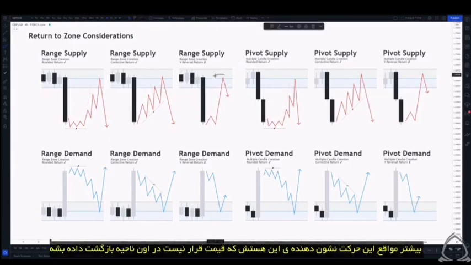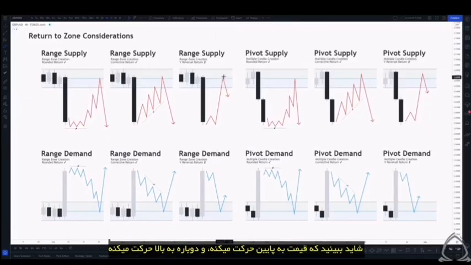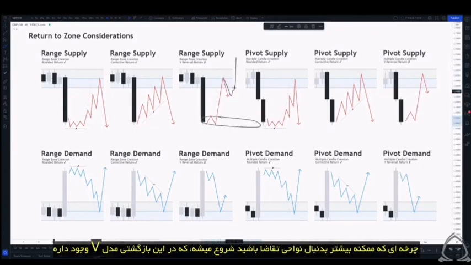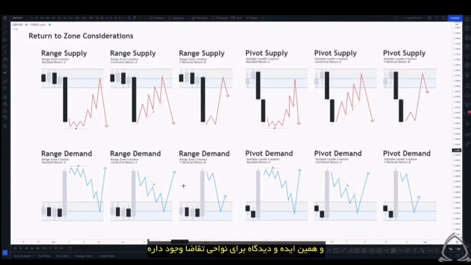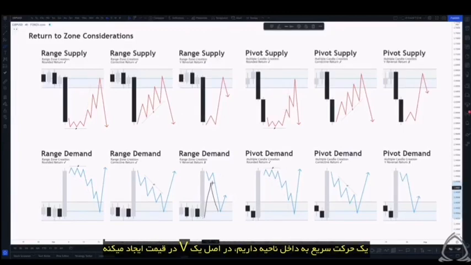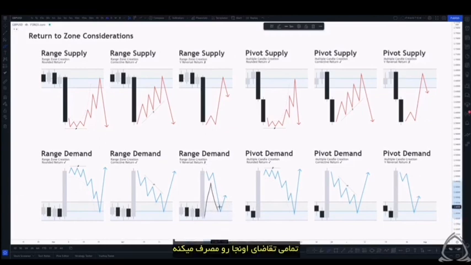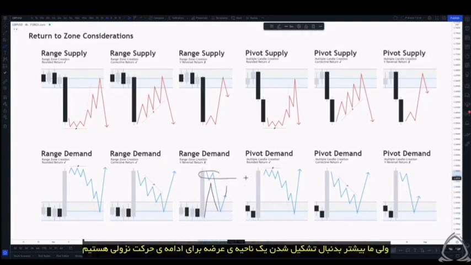More often than not, what that's going to imply is that price is not going to hold that supply level. What you may see is price move to the downside and then begin to move back up into the upside. And then the cycle would begin where you might actually be interested in looking for demand zones that were created on this V-type reversal. And it's the same premise and concept for demand zones. We get that aggressive move back in, basically it creates a V in price. It absorbs all of the demand there. But what we'd be looking for more than likely is a supply zone to be created